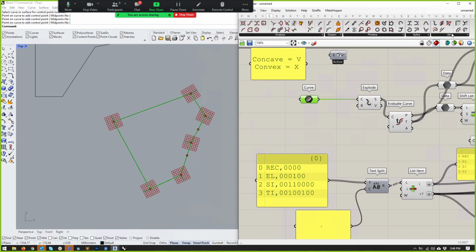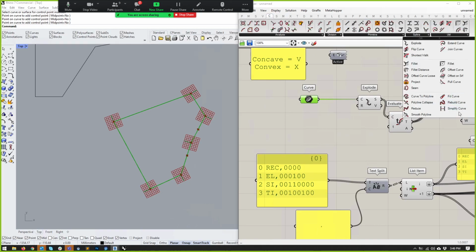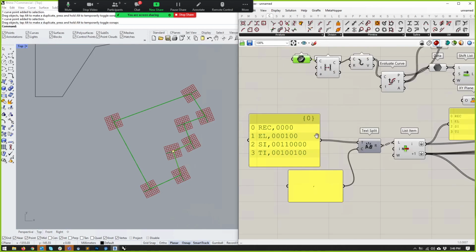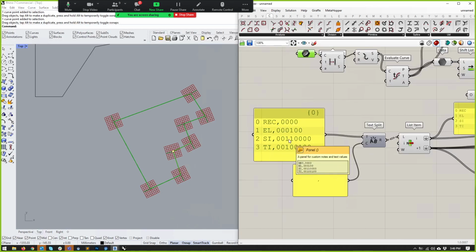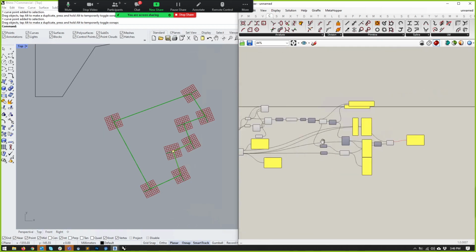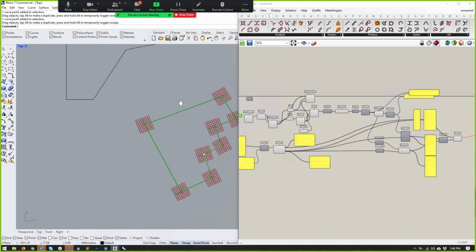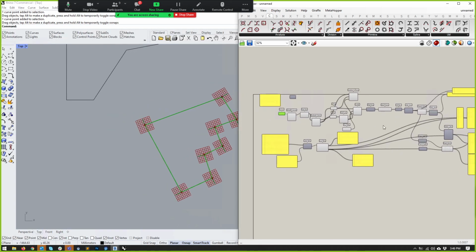Fortunately, we can use a component like simplify curve so that it'll get rid of any duplicates. But if you've got a shape like this, one that we haven't even considered measuring, you actually have to have a predefined list of shapes to work with for this script to work, because yeah, that's coming out as nothing. And then the last thing is,